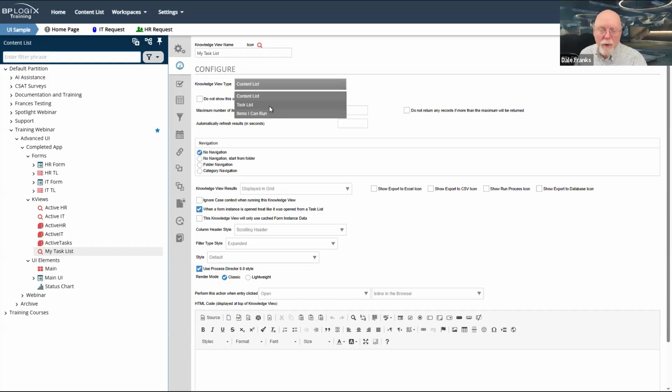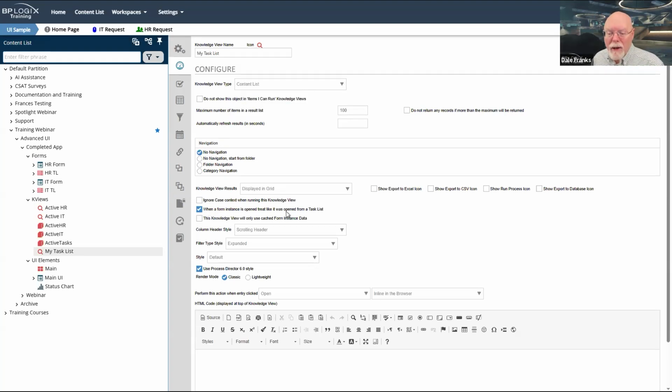You also have fewer configuration options. So I have elected to just make this a regular content list knowledge view. That's the default type of knowledge view that you would create. But what I have done is I've gone down here and I have selected this property: when a form instance is opened, treat it like it was opened from a task list.